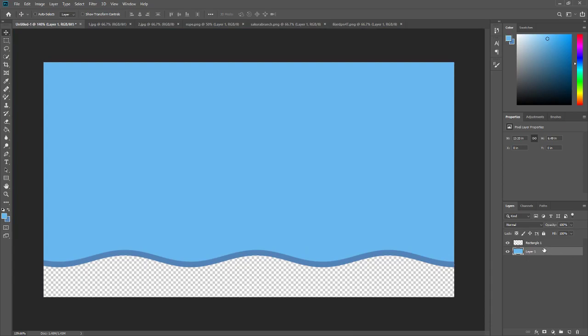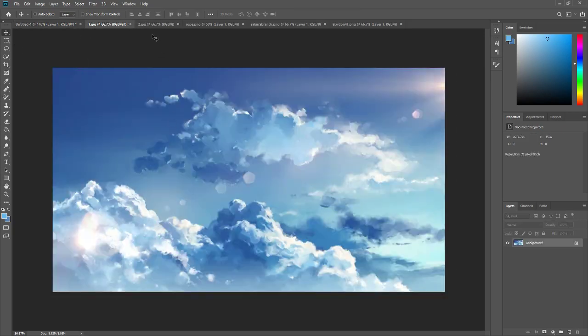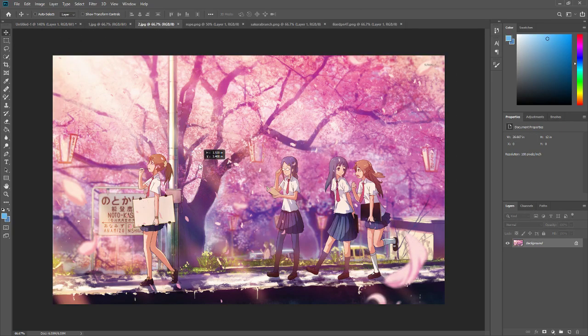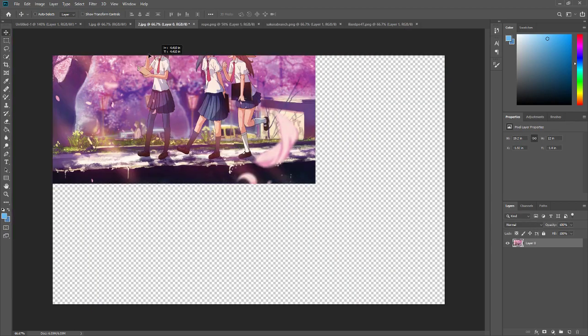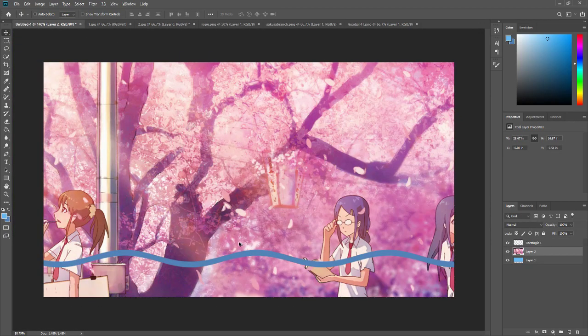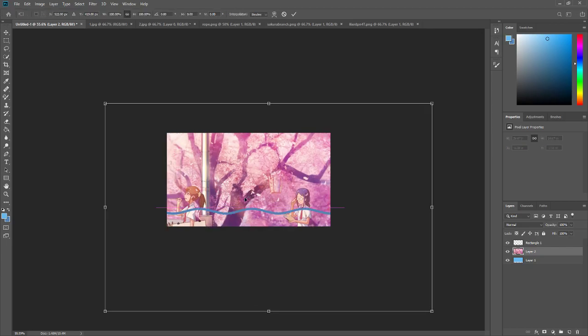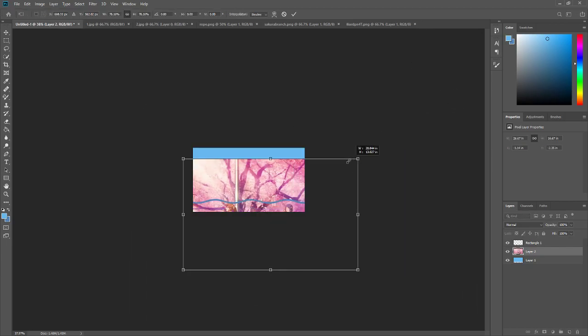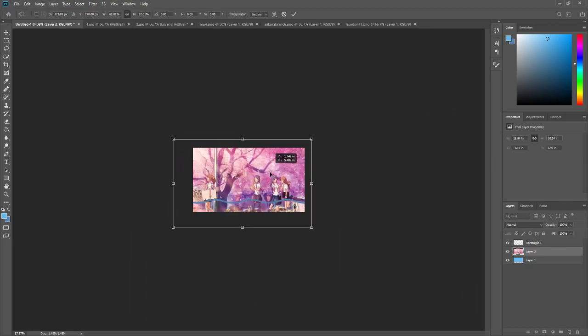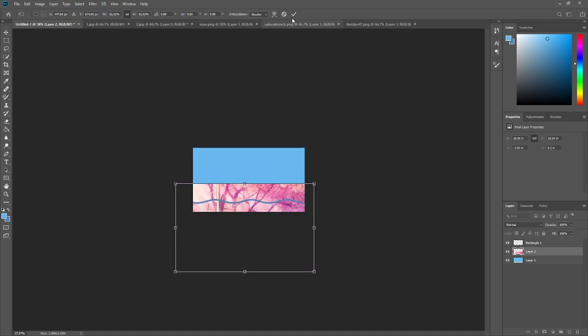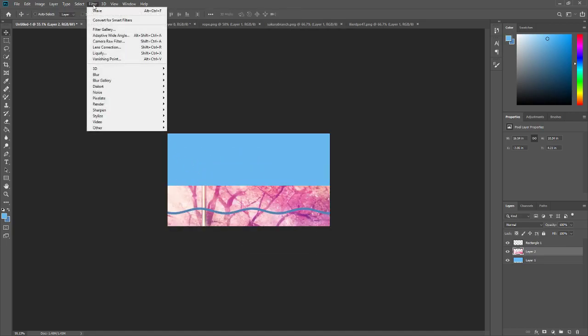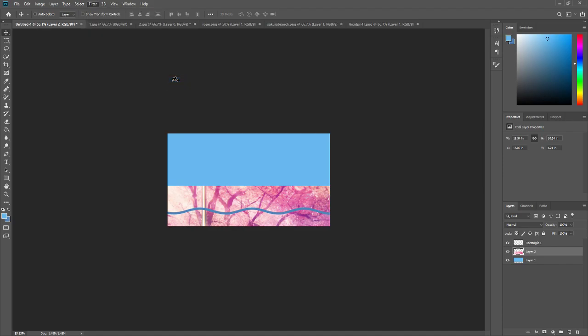And real quick, I'm gonna do the stuff down here that I've been wanting to. That doesn't make any sense, but this is for later. I'm gonna bring in this right here because I'm gonna keep a spring theme kind of going. So I'll bring that in, resize it just a bit, and bring it down. And we're gonna want to do a filter, blur gallery, field blur,